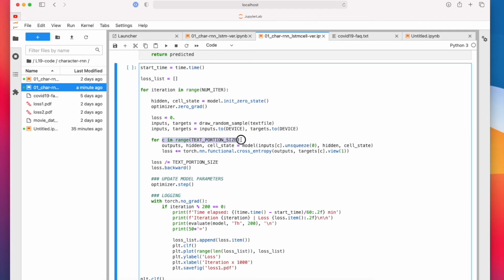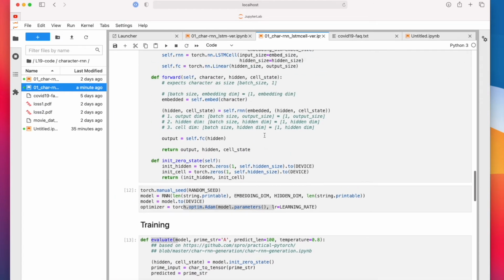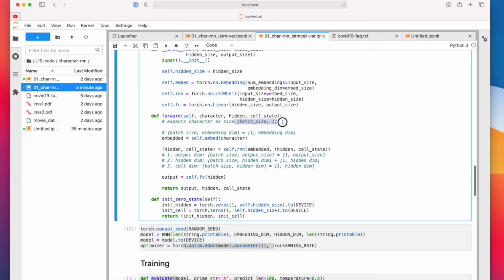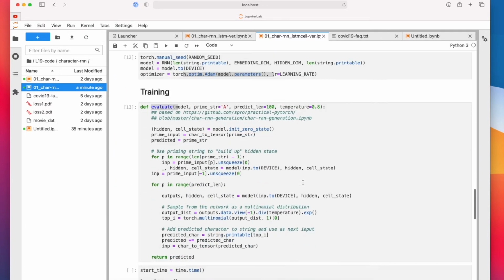Then for each character in the text portion size, this is where we do the step, putting it through the model. This is just for making the dimensionality right, because this is just one single value, but as you recall, we want batch size times 1, so it should be a 2D tensor.